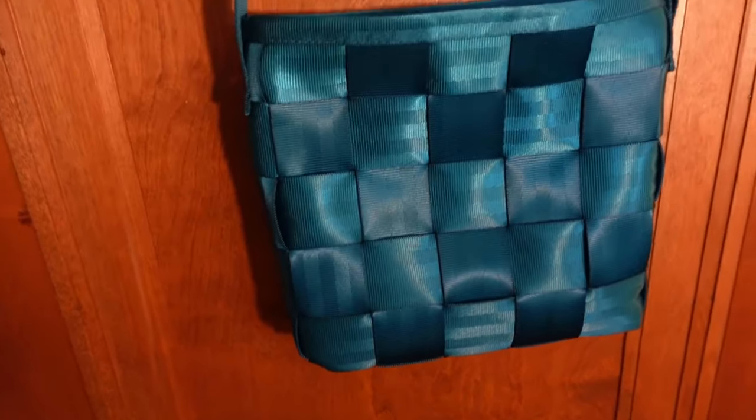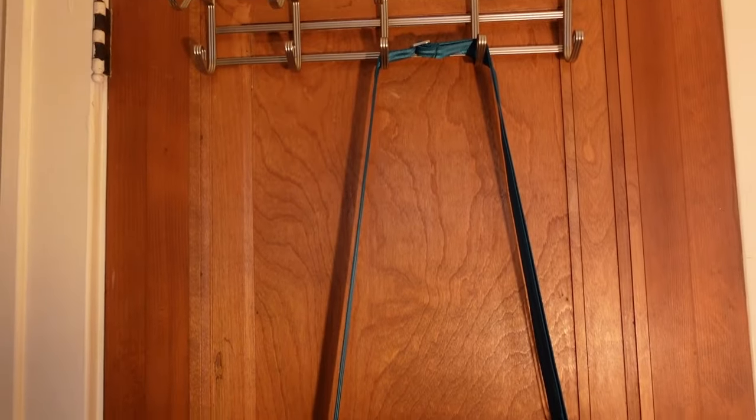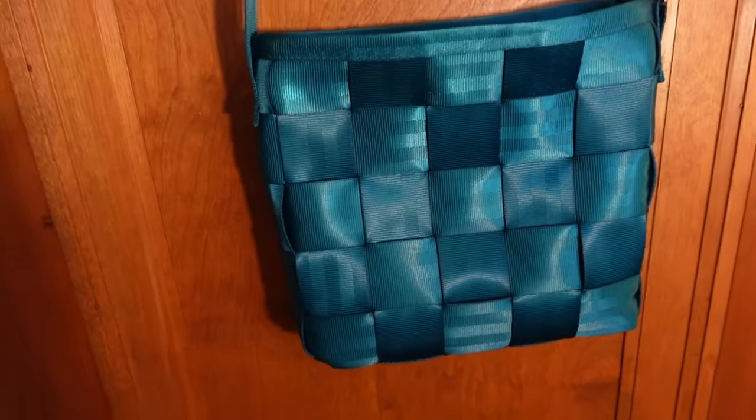I absolutely love the color of this bag. It has a long shoulder strap on it. It can be used as a crossbody. If you're looking at this, you're like, that looks like seatbelts. It is. This is a Harvey seatbelt